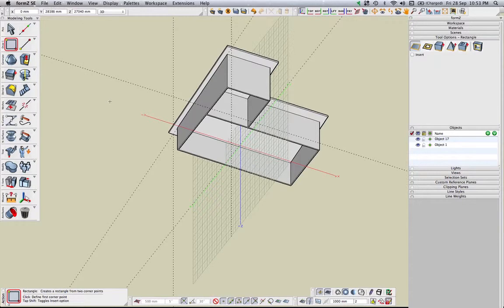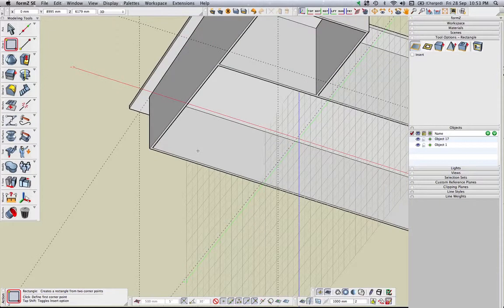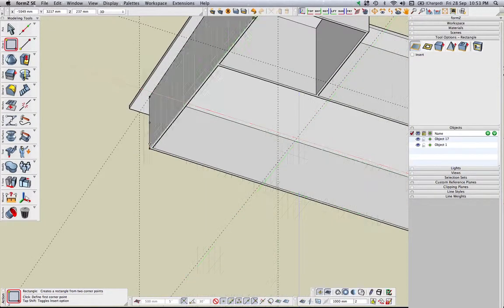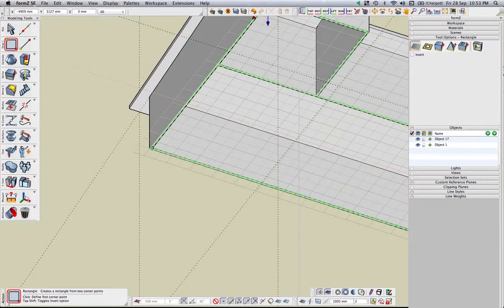So I hit the rectangle tool. I'll just use a 2D rectangle and I'll just draw that. We need to get the focus of that reference plane back on the bottom of these walls here, so F5 again till we can get that reference plane down on the bottom. F5 to lock that back in again, and then you can draw one rectangle